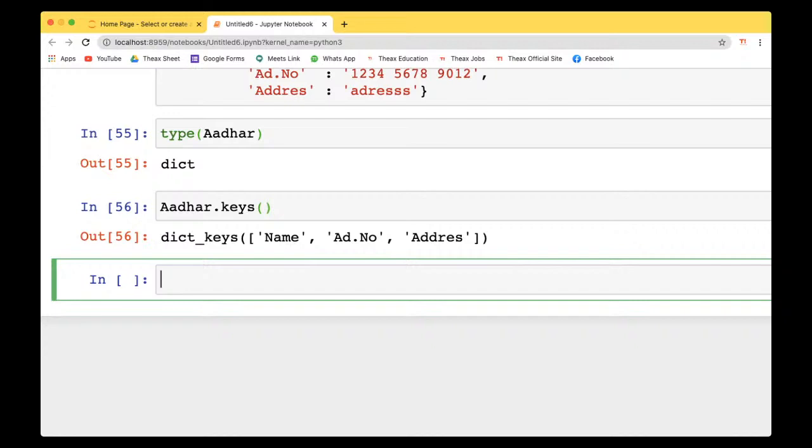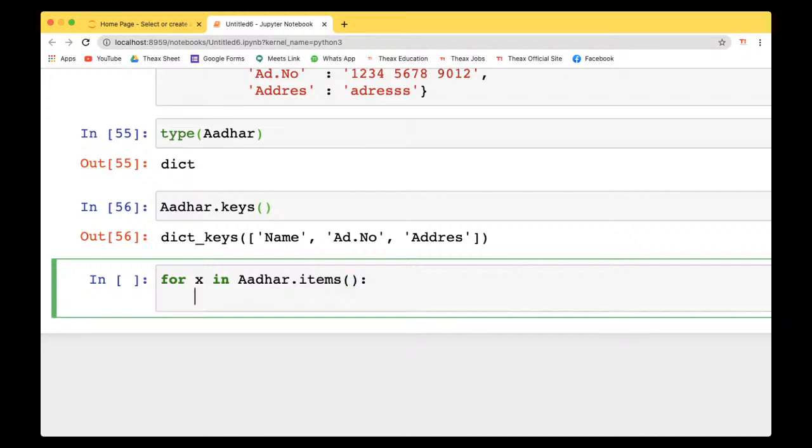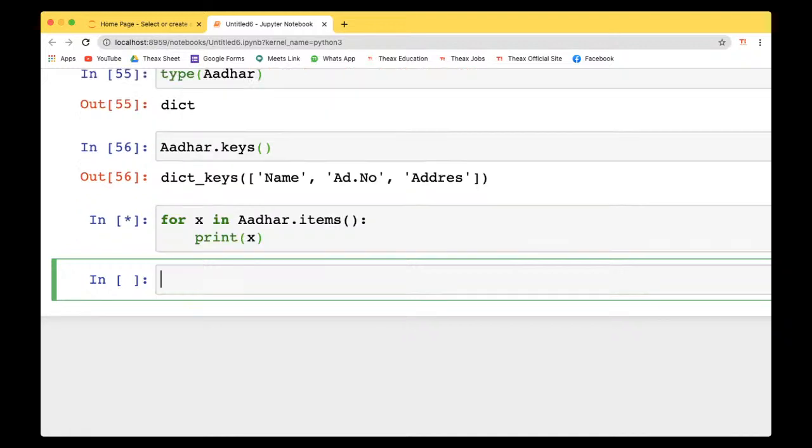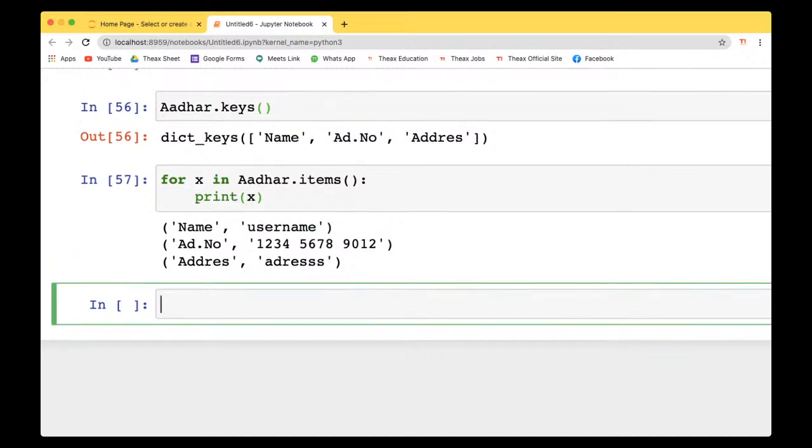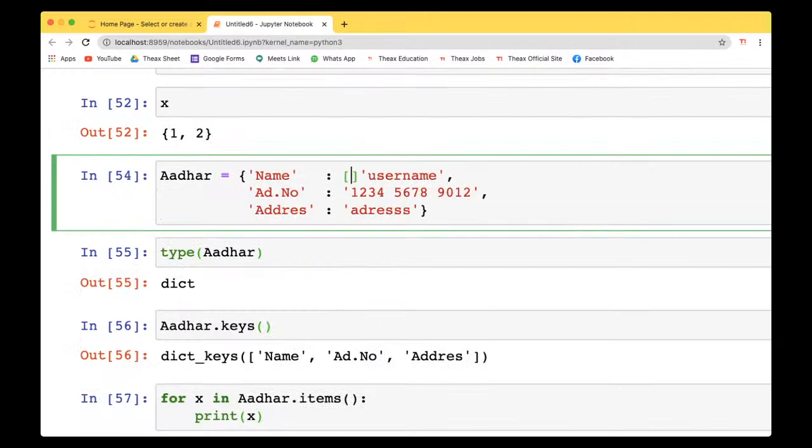Now if you write for X in Aadhaar.items(), print X, we can see all the details: the name is the username, the Aadhaar number is this, and the address is this. So simply you can do a lot of things with it. Let's say there are some more names, and just say it to be